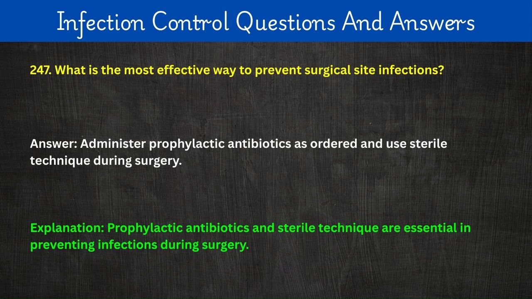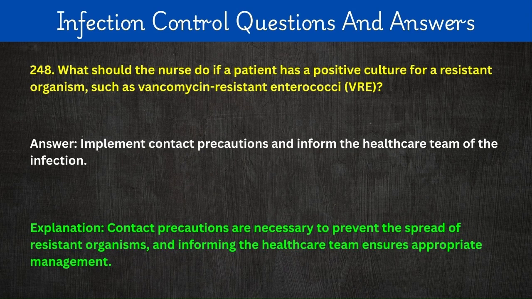Answer: administer prophylactic antibiotics as ordered and use sterile technique during surgery. Explanation: prophylactic antibiotics and sterile technique are essential in preventing infections during surgery. 248. What should the nurse do if a patient has a positive culture for a resistant organism, such as vancomycin-resistant